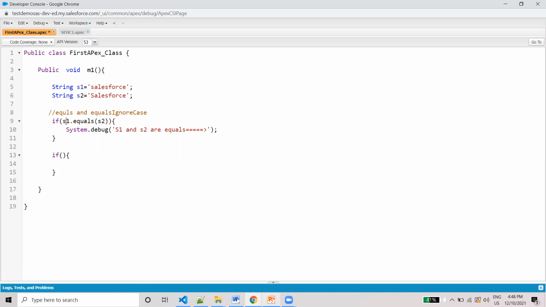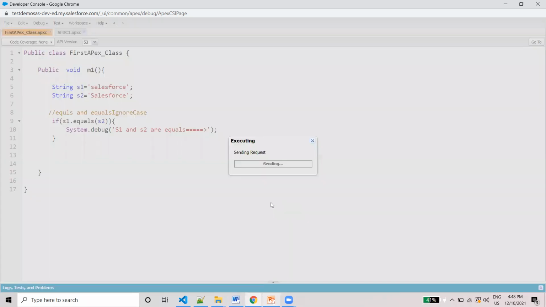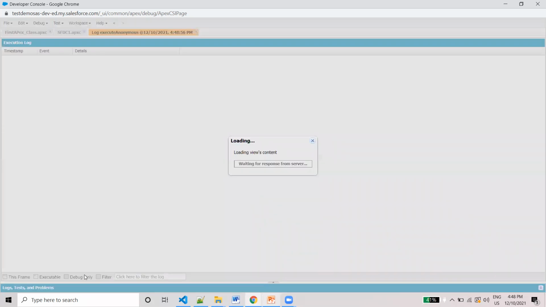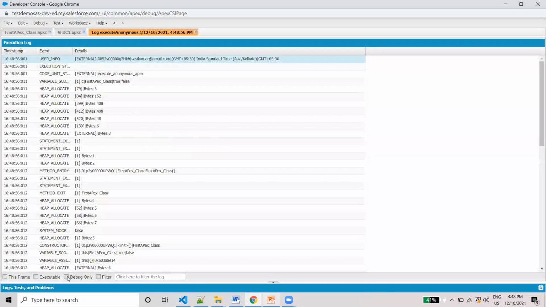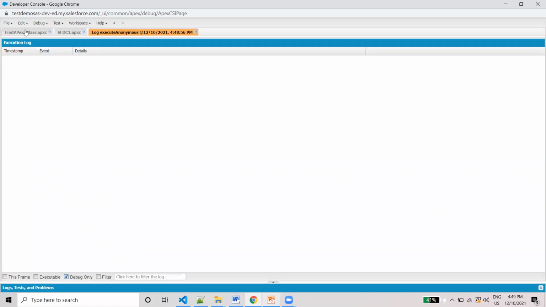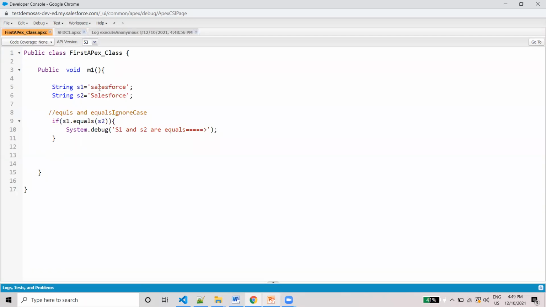First we'll execute and see the output for this, whether it's printing or not. Then afterwards we can go for equals ignore case. You can see no log has been printed, so s1 and s2 are not equal.